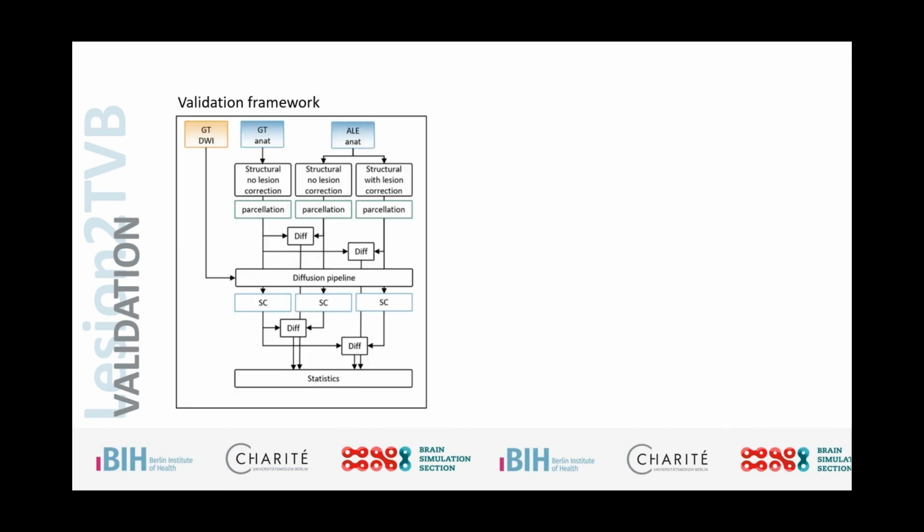So what we did is we used the ground truth that we have, the healthy subject. We used our artificial lesion approach and implemented the lesion signal, and then we performed 3 different processing pipelines. We performed the normal pipeline for the healthy control. We didn't need to do any lesion correction, so we're pretty much just running the HCP pipeline with our diffusion weighted pipeline, etc. So this is the whole pipeline up to the point of the parcellation, the whole structural pipeline